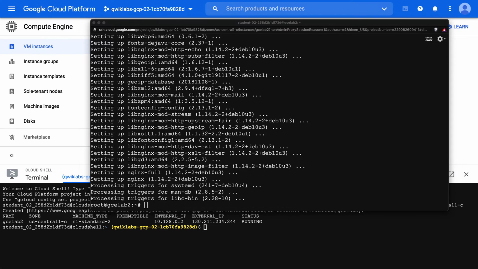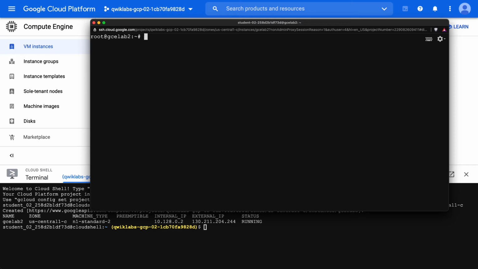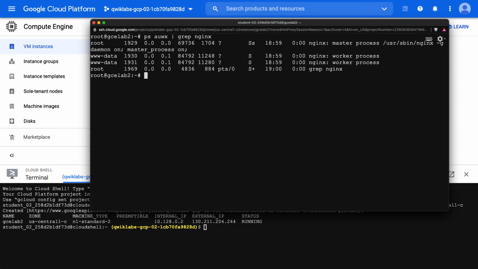And how can we tell that it's running? Well, one way you can do this is by running a command called ps auwx. So this essentially says, show me the processes, and then I can grep through the text and find Nginx. And in fact, it is running. So we can see that this Nginx process is running. Great. So the next thing that I can do is close this